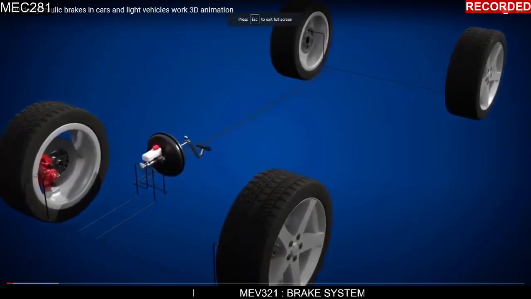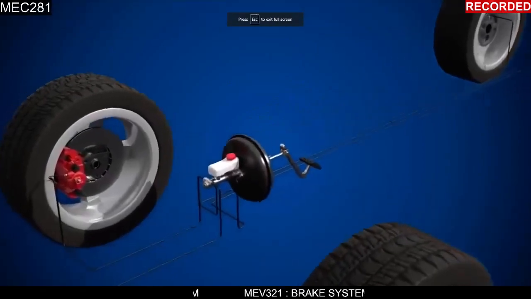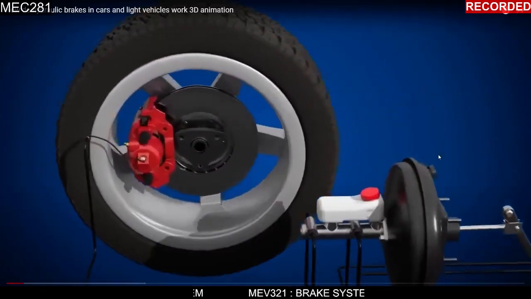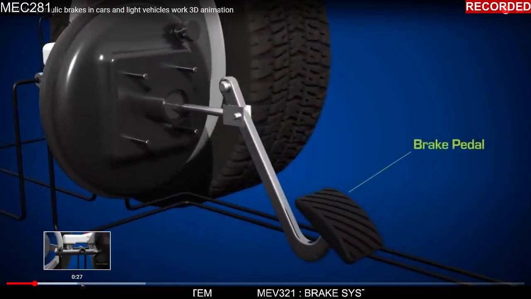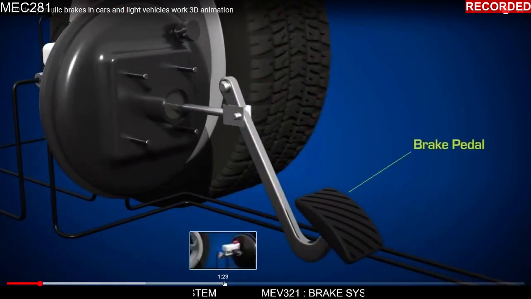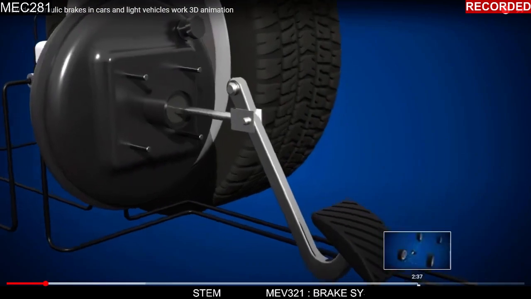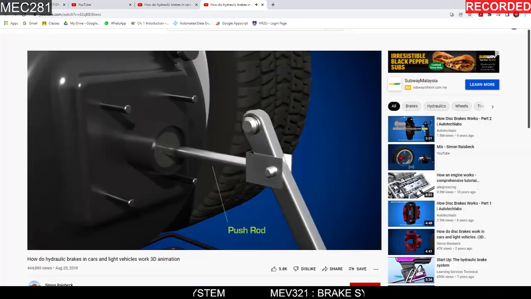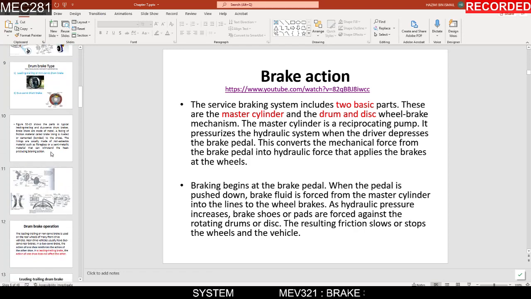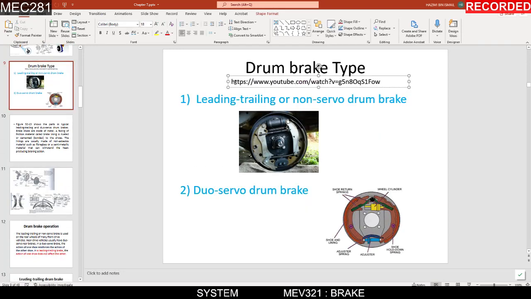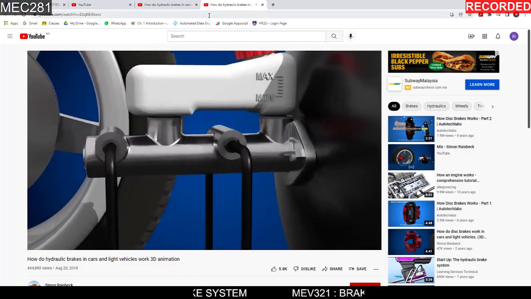Let's take a look at the components that make up a typical hydraulic braking system. We have the brake pedal, the push rod, the servo, the master cylinder,